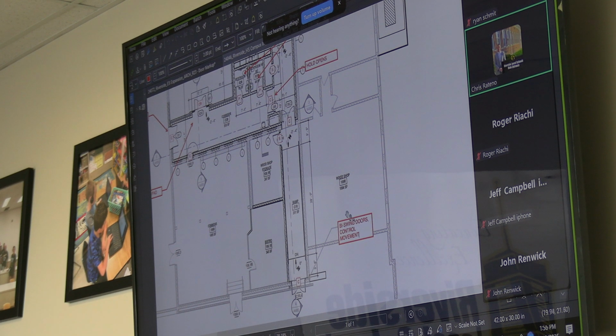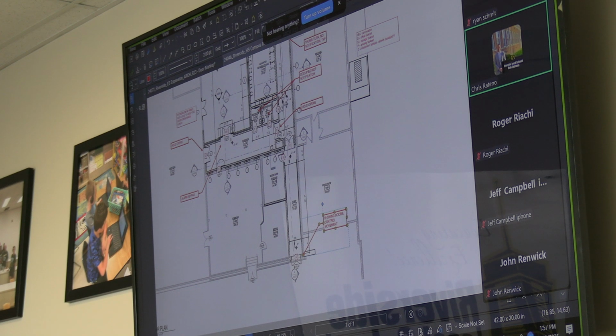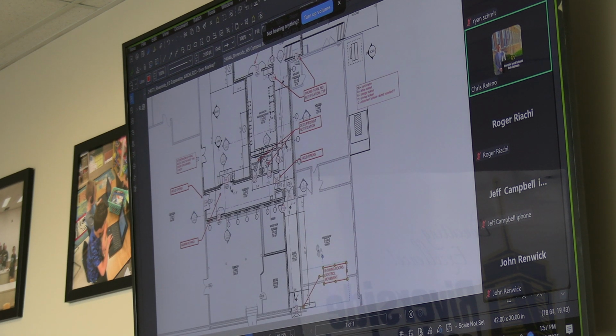And then do you want these? The only challenge with that would be that they wouldn't be able to fail locked, because you'd always be able to egress in one direction. So if you visualize it like this, you could panic out either direction. But you'd be able to get into here. You're fail locking, it fails locked to there, so the only thing you have access to is the wood shop